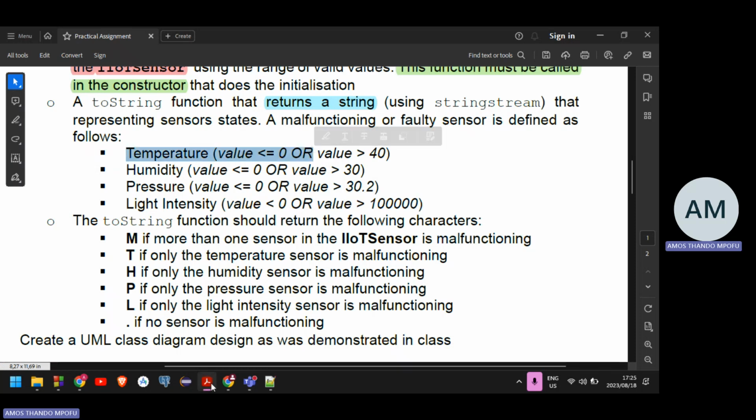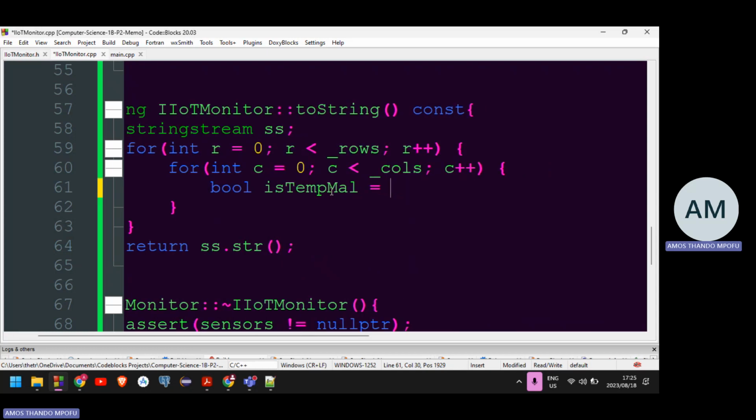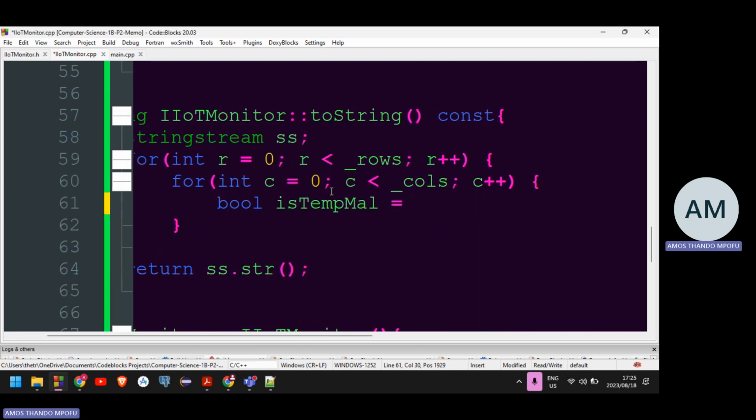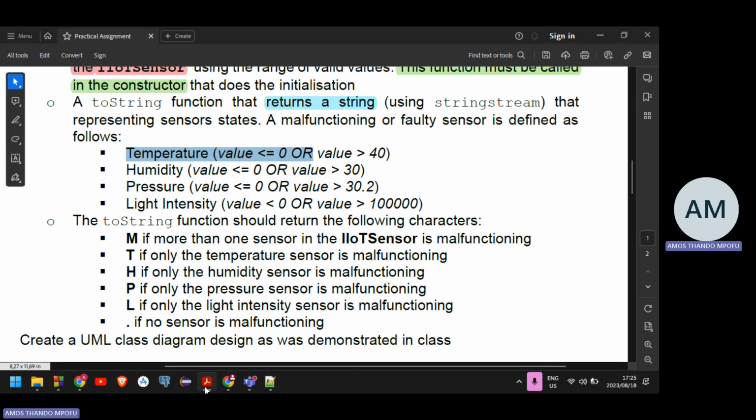I'm going to call it, it's going to be a Boolean, right? Because it's a condition. Is temp mal. Basically, is temperature malfunctioning. It's an abbreviation because I don't want it to be very long. I don't want to have long variable names. So how do I know if temperature is malfunctioning? The temperature sensor. If that sensor is malfunctioning,